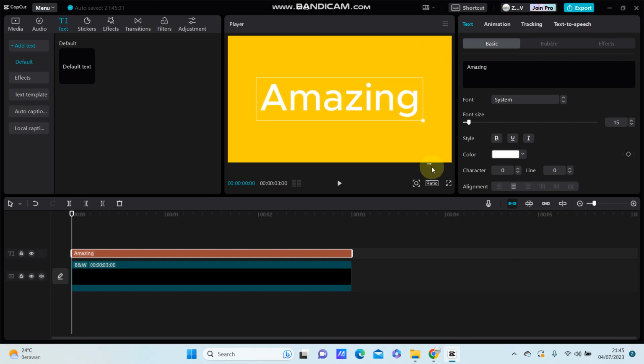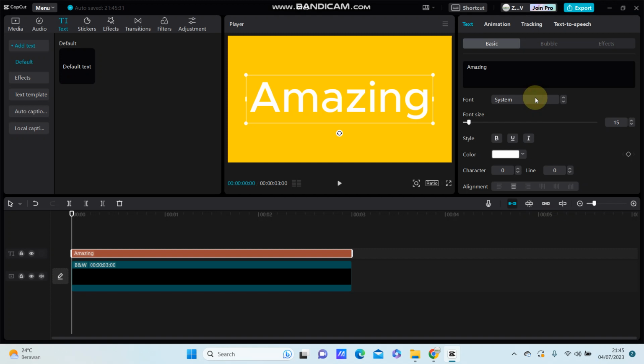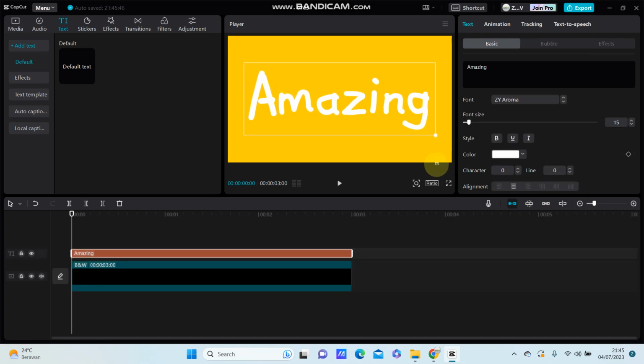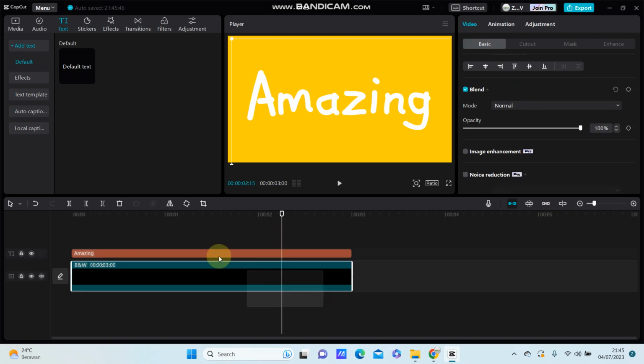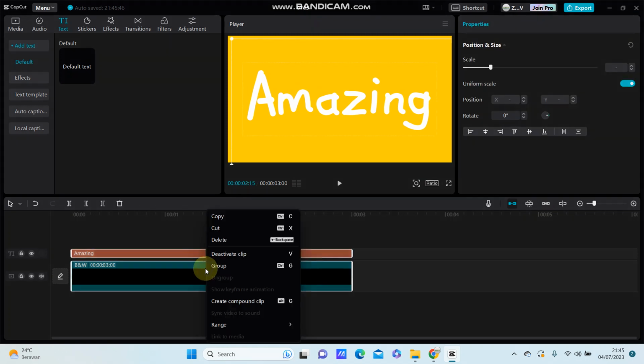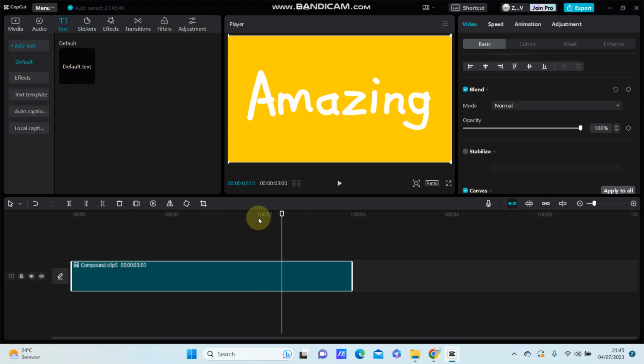You can resize and change the font and change the font style. And after that's done, select the clips, right click, create component clip,